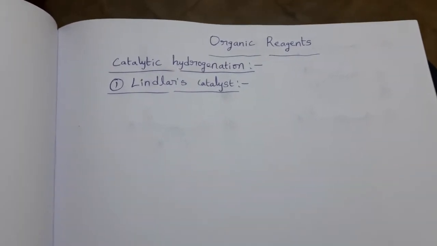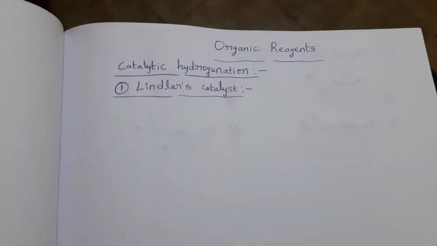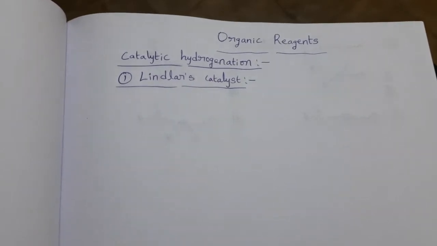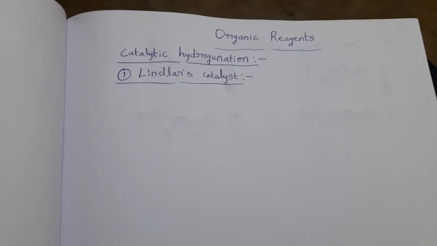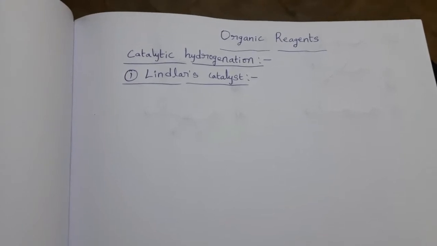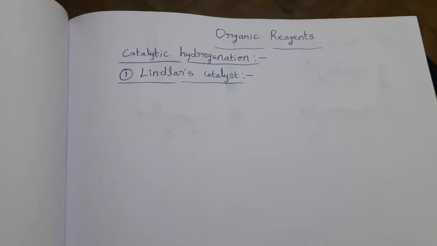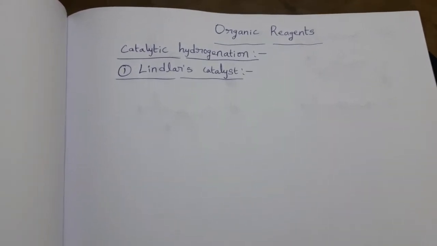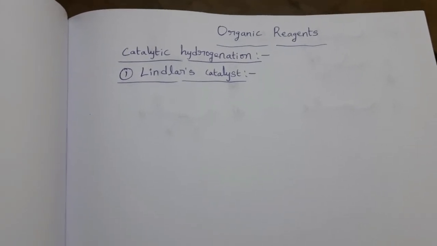First, we have to say reducing agents. That means reduction process. For the reduction of organic compounds, what are the available reducing agents? What is their functioning? One reducing agent cannot reduce all types of compounds. So for a given compound, which reducing agent is suitable and which is not suitable? In this way, if you get all this information, then we can answer the questions very easily.